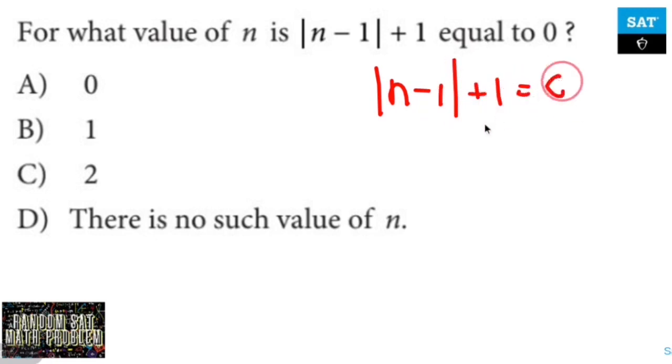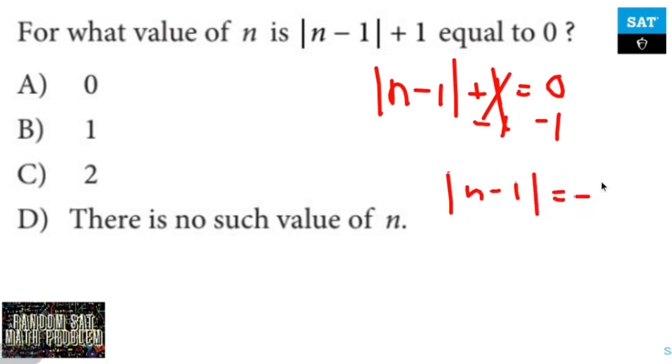What I always try to do when I solve absolute value problems is get the absolute value all by itself. We do that by subtracting 1. The absolute value of who cares equals negative 1. I'm done. And the reason why I said who cares is